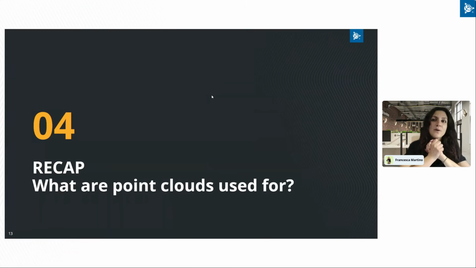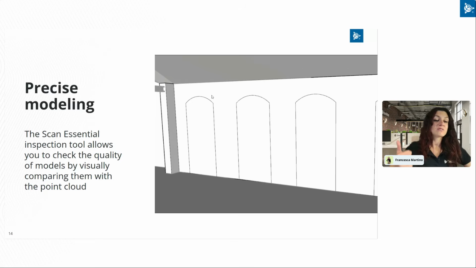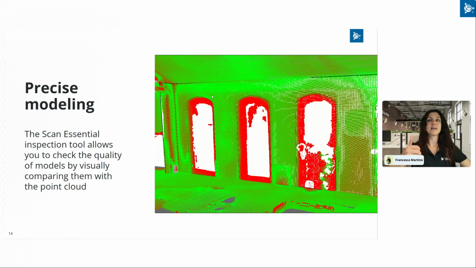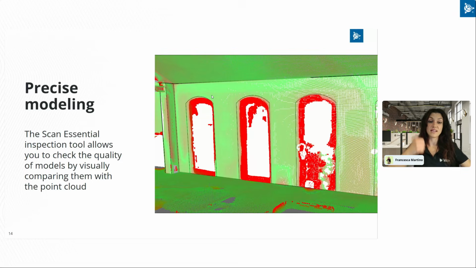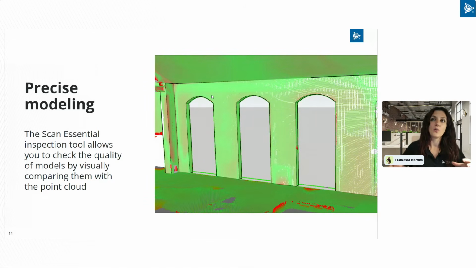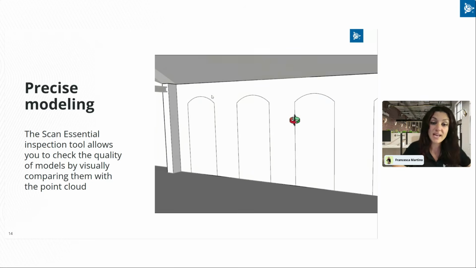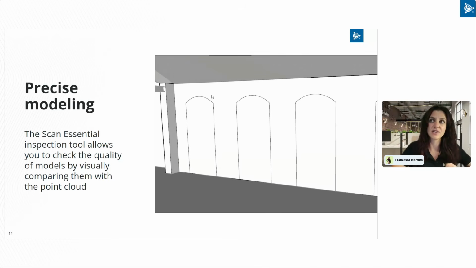So let's make a recap of what point clouds are used for in a modeling software and in SketchUp. First thing, point clouds are actually used to model in a very precise way. By using point clouds, we are sure that we can increase the accuracy of our model to represent the existing. And also, we have all the information and all the data in one space, so we can avoid forgetting specific construction elements because we've got everything on hand